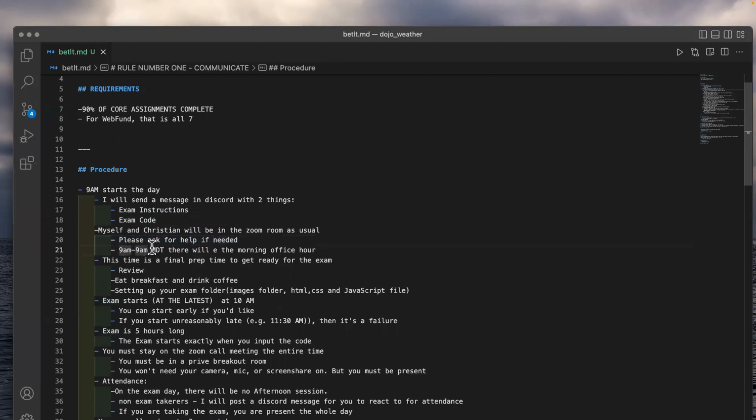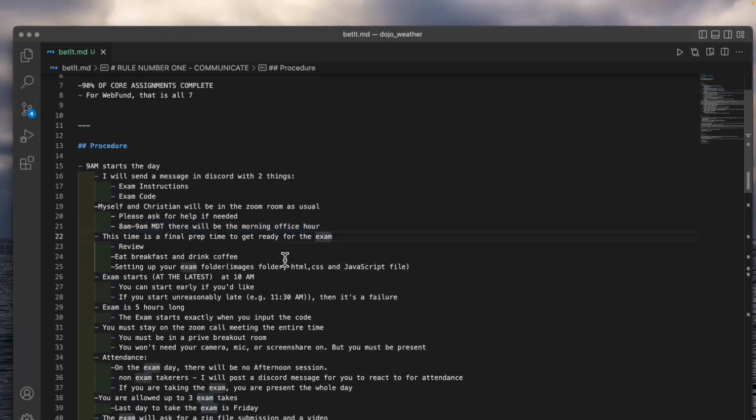From 8 a.m. to 9 a.m. Mountain Time, there will be the morning office hour. You probably want to use that if you're having any doubts about any rules that you're not completely understanding. Christian will be there, so you'll have him to ask for help. Before we start the exam, this is the time to review any rules.